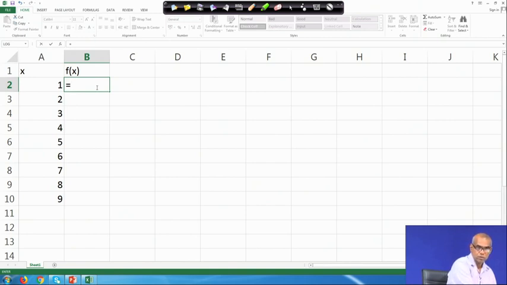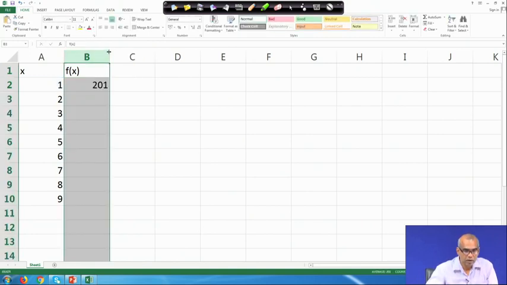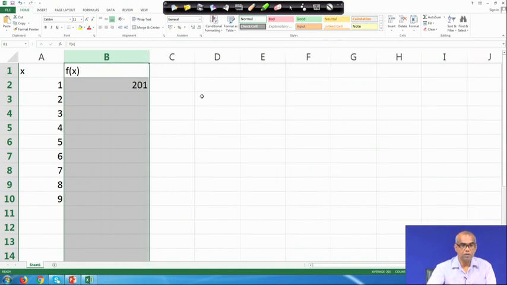So, it will be A2 square plus 200 by A2. So, you can expand the width of the B cell as required.